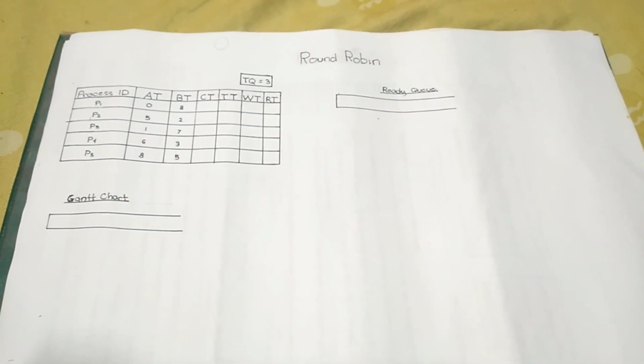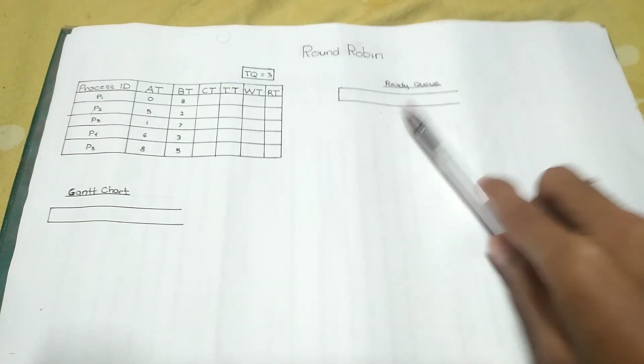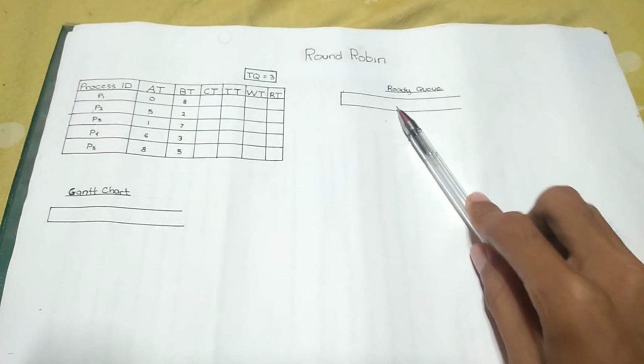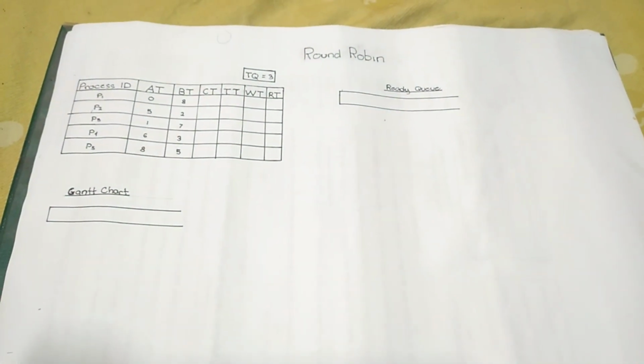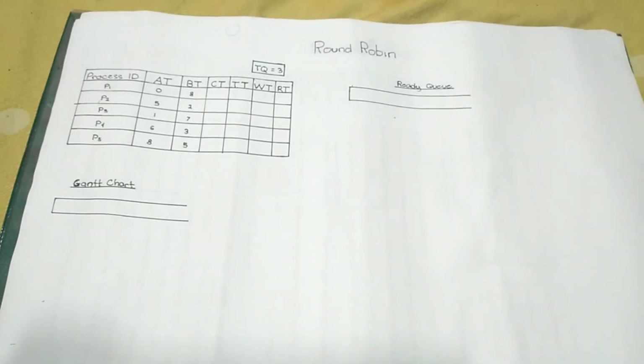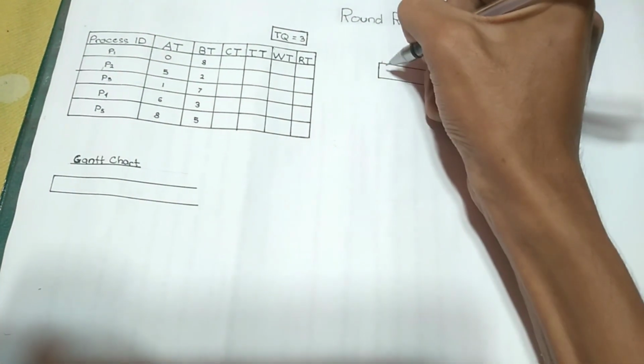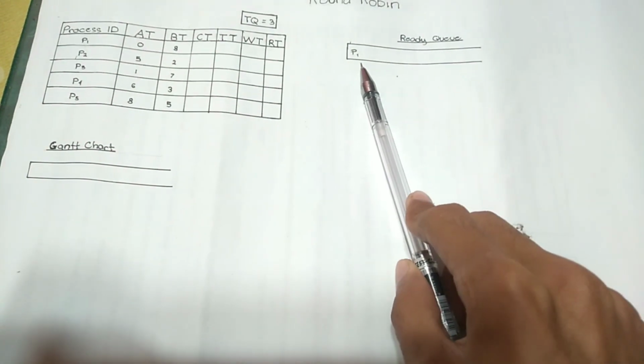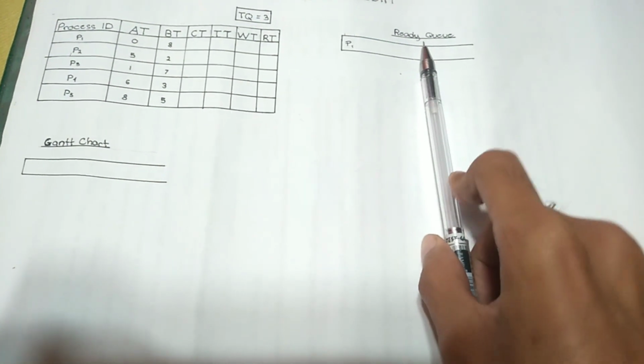If a process does not finish within its time quantum, it moves to the ready queue. We need the ready queue to help us solve the Gantt chart easier. So, at first, we have 0 arrival time, which is P1. So, we put P1 in ready queue. Now since P1 is first in the ready queue, the CPU will allocate P1